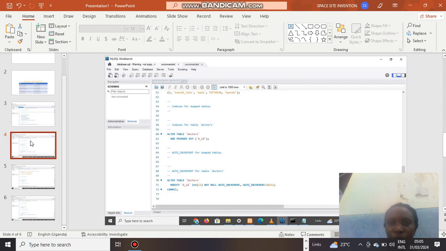If you want to back up your database of doctors, you can use mysqldump. That's why I used here index for dumped tables, index table for dumped doctors. And you use another command called alter table. In other words, if you want to enter a column, you use alter table doctors, primary keys,